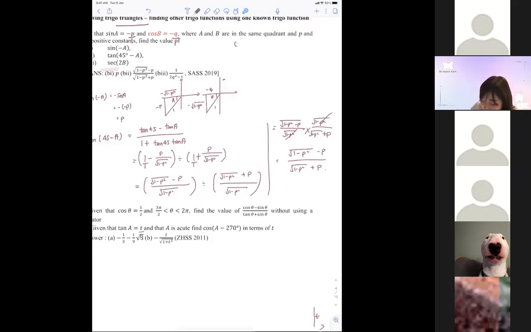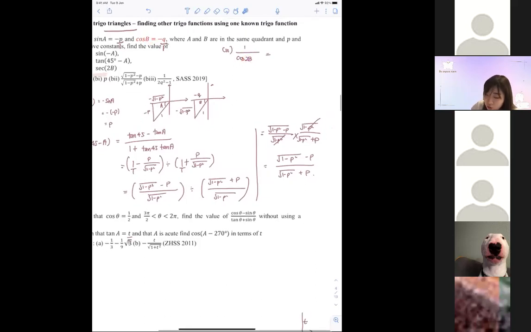now let's look at the last one, okay. So if we have secant, we can't. So we change to 1 over cosine 2b. This is b, this is 2b. You need to change 2b to b using double angle formula. So 1 over,